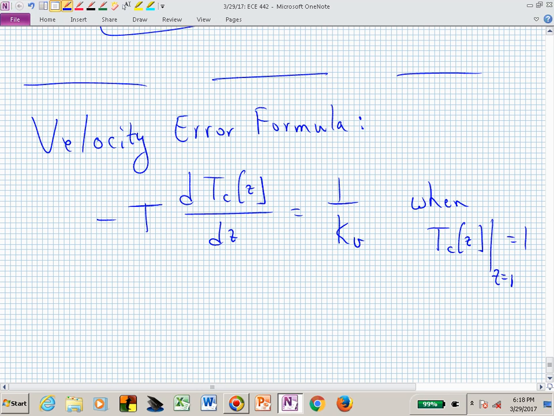in terms of, oh, I want to have something beyond just having a 0 error due to a constant, I now want an error due to a ramp, where k sub b is going to shrink our error due to a unit ramp by the size of k sub b. The error due to a ramp is 1 over k sub b. So if we want to shrink that, we pick an appropriate k sub b and figure out what the adjustable parameters in T sub c of z would need to be in order to satisfy this relation.